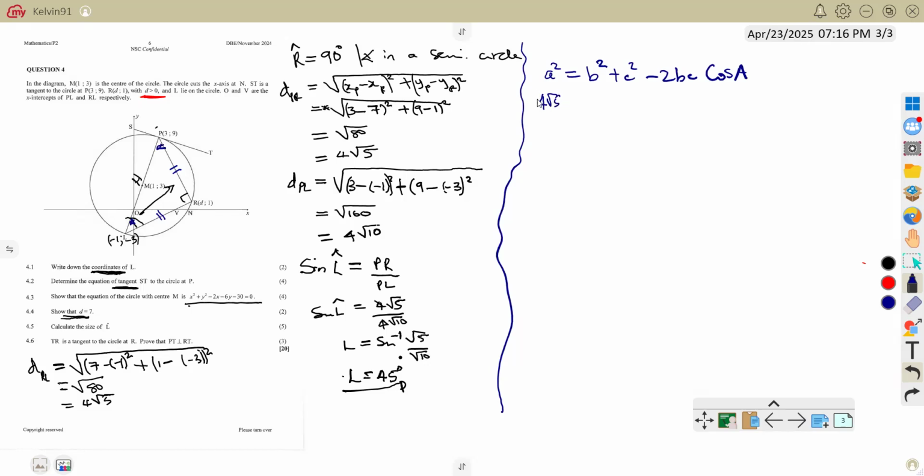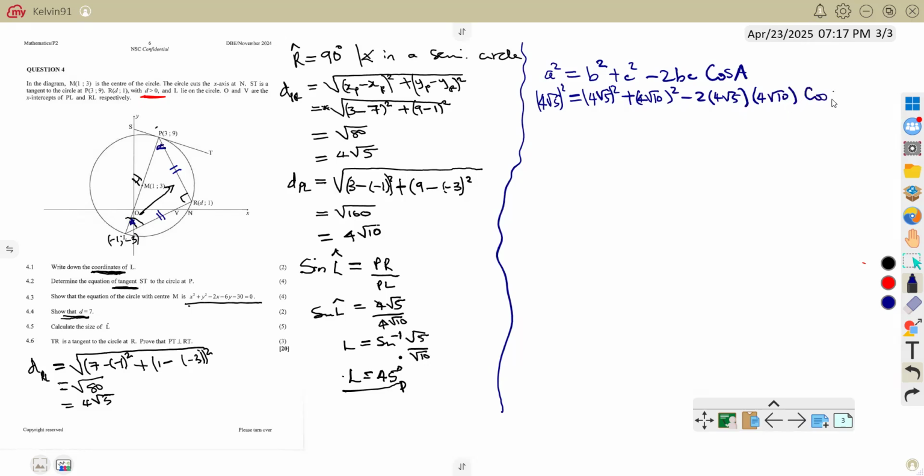4 root 5 squared being equal to b. B is now taking the other sides, which is equal to 4 root 5, which is this side, squared plus the other side here, which gives 4 root 10 squared minus 2b, 4 root 5. The c is 4 root 10